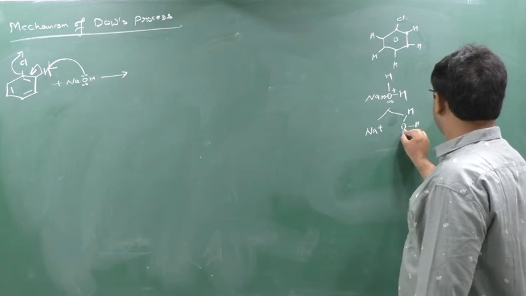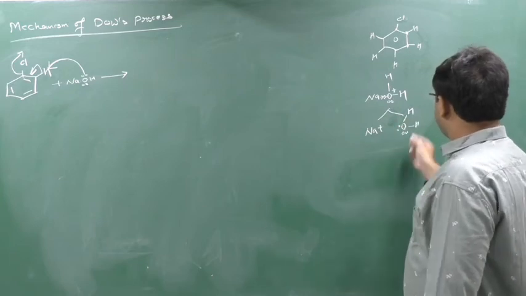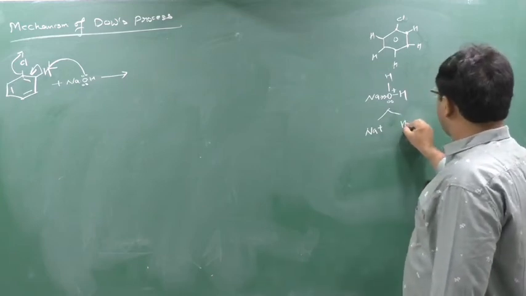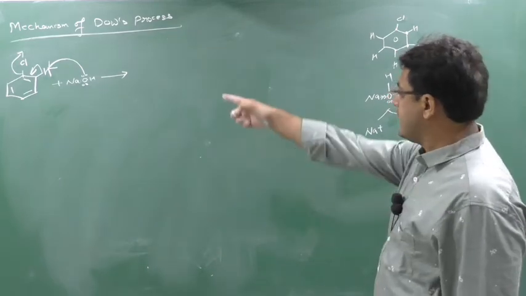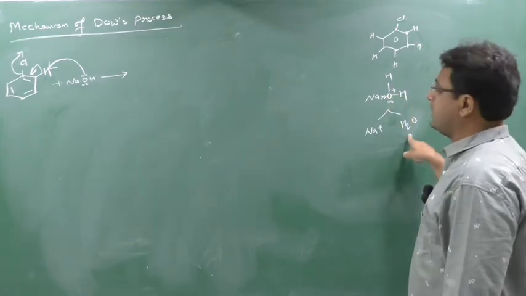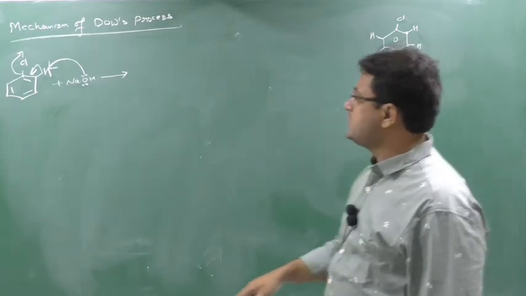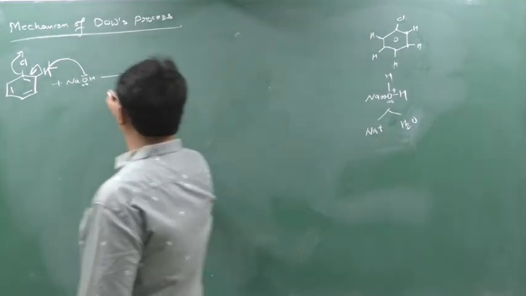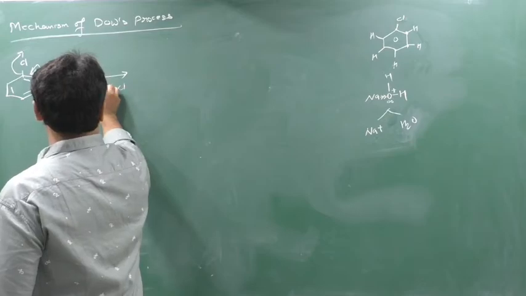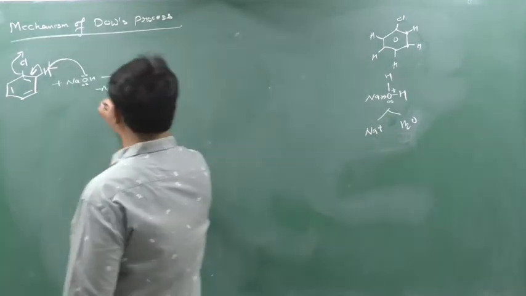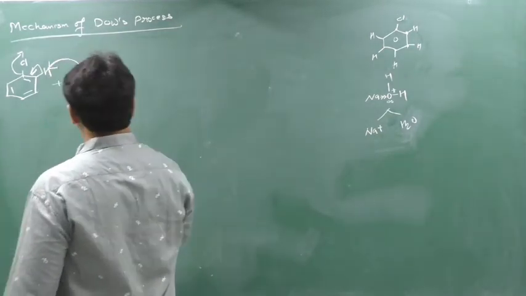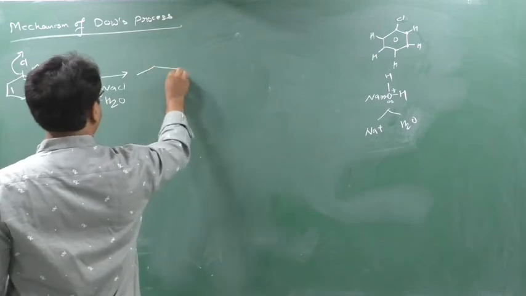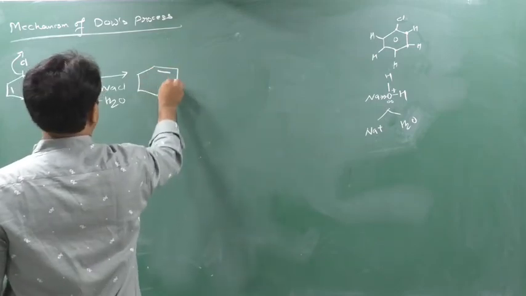So this is nothing but a completely water. So here what will be generated? Water will be generated. So when this occurs, Na plus will be generated and H2O will be generated. So this Cl is removed as a Cl minus. This Cl minus will react with this Na plus and form NaCl. Directly I am writing here, okay. And this H2O will be generated. And we will see what is remaining.